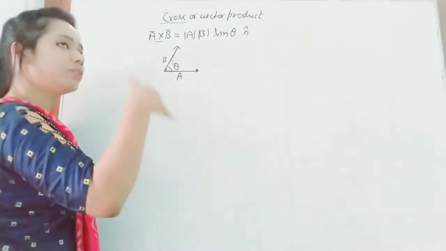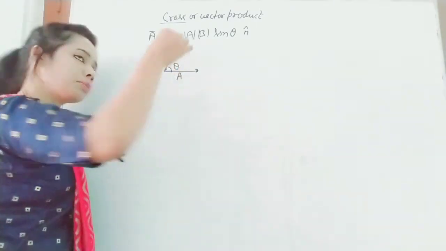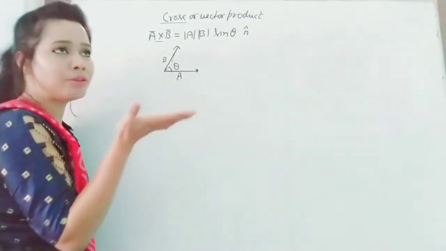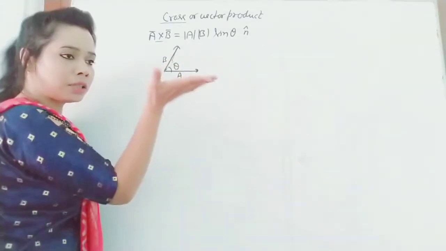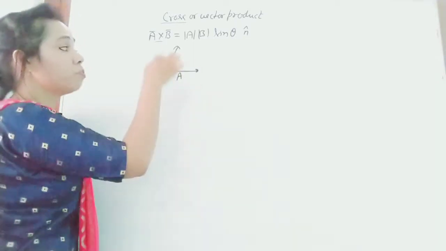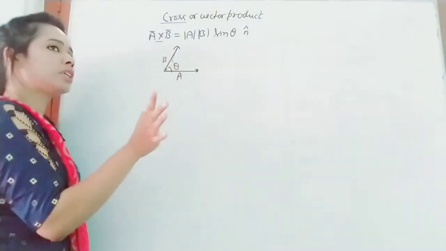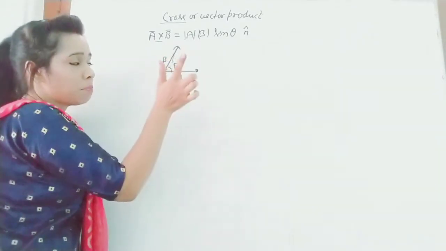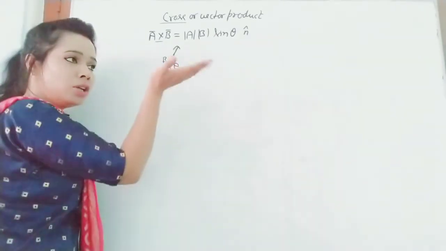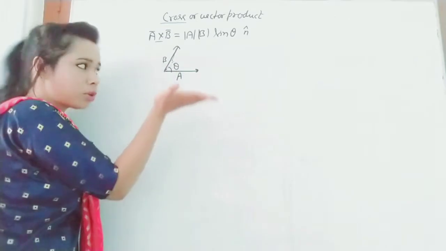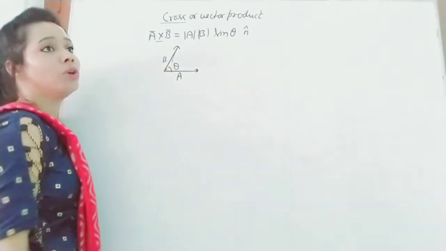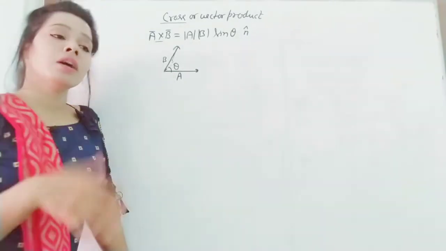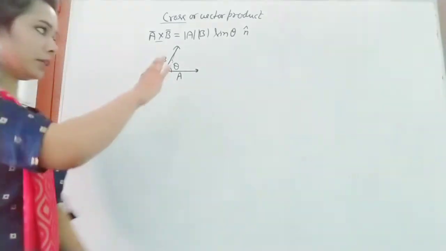Understood? The new vector, which is the cross product of these two vectors, will have its direction perpendicular to A and B, perpendicular to this plane. And to find the direction, you curl the fingers in the direction of the cross product of these two vectors, and you will find the direction of that vector. We will understand this direction more in the properties. First, understand how you can find it.